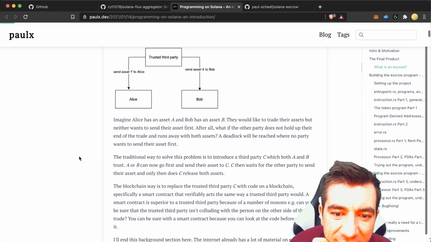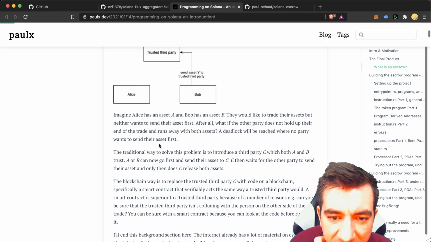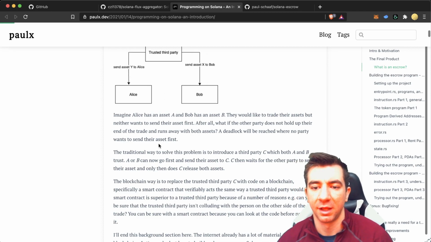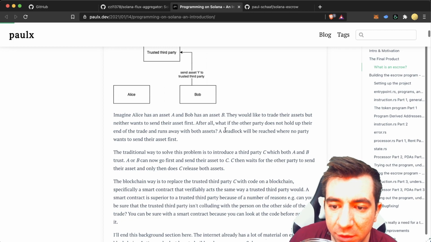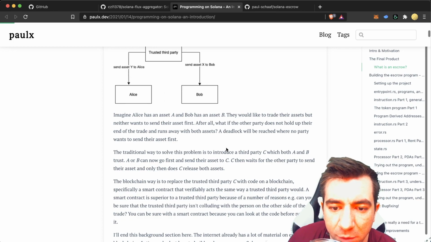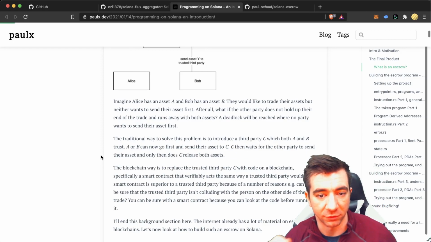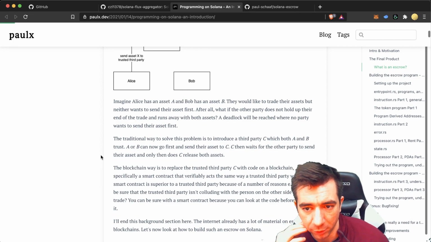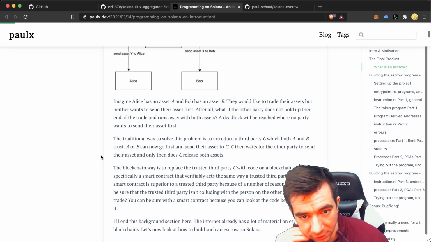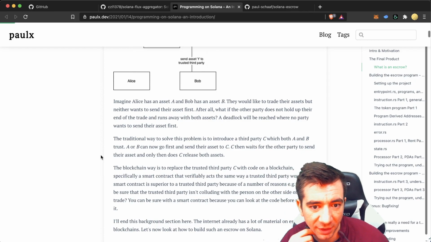Imagine Alice has an asset A and Bob has an asset B. They would like to trade their assets, but neither wants to send their asset first. After all, what if the other party does not hold up their end of the trade and runs away with both assets? A deadlock will be reached while no party wants to send their asset first. A traditional way to solve this problem is to introduce a third party, party C, with both A and B's trust. A or B can now go first and send their asset to C. C then waits for the other party to send their asset and then